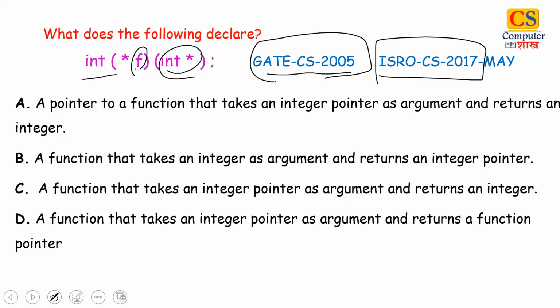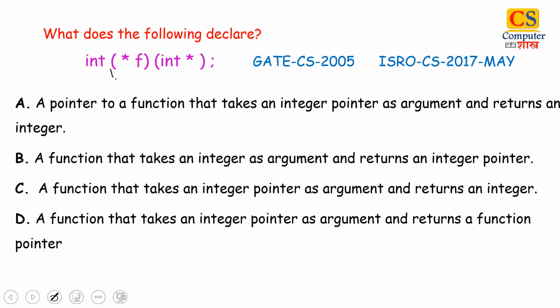So that is why I told you earlier that this type of question is very important, because we need to differentiate between parenthesis bracket and function bracket. So you can solve it yourself. Instead of char you just have to put int, instead of FPTR you have to put F. So just try it yourself, pause the video. Now on solving this question you will see that option A is our right answer,